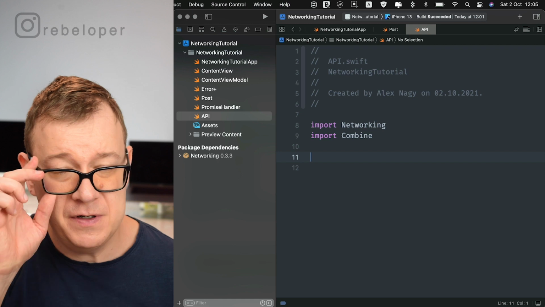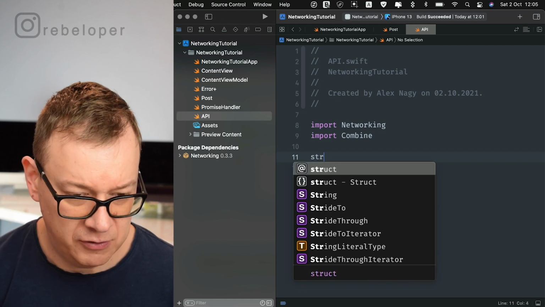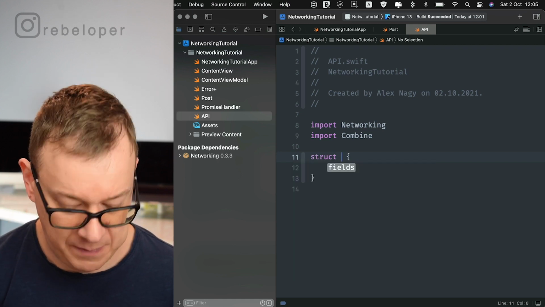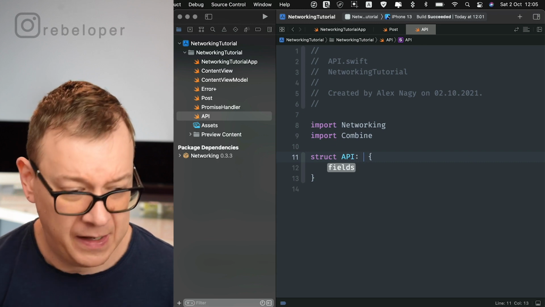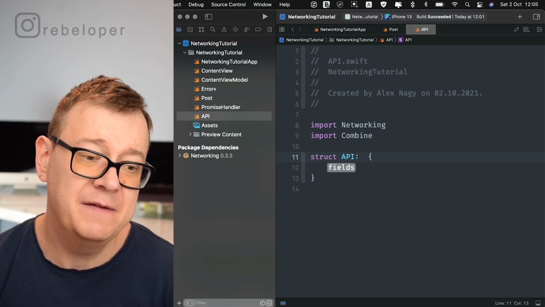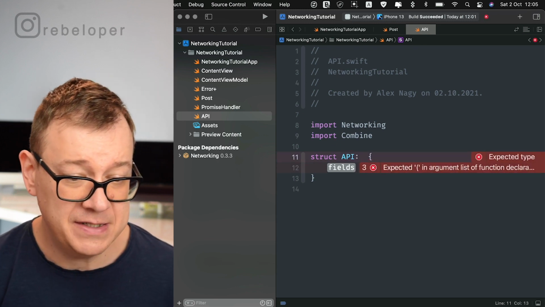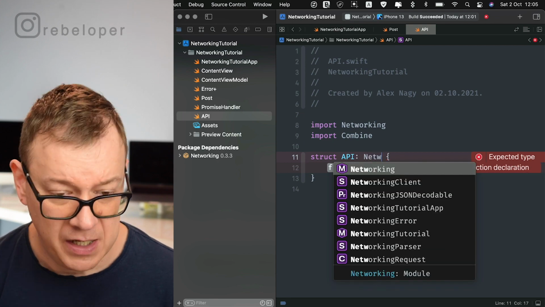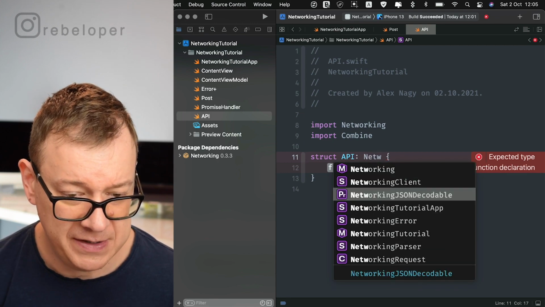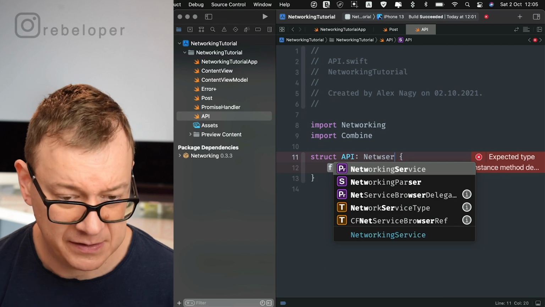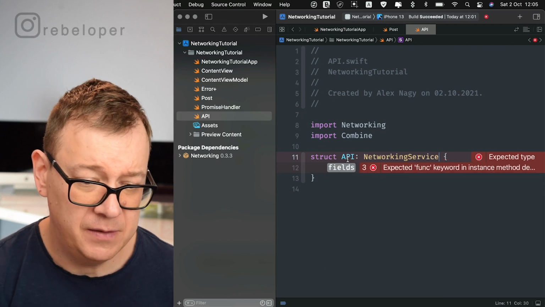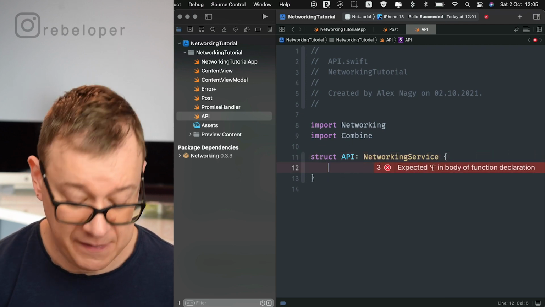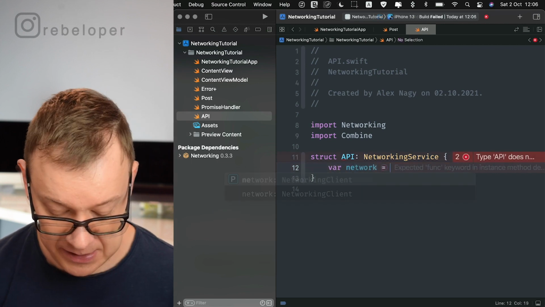First of all, let's create our struct of API. Networking gives us a handy service that we are going to use. So NetworkingService, there we go. And this requires that we have a network that equals a